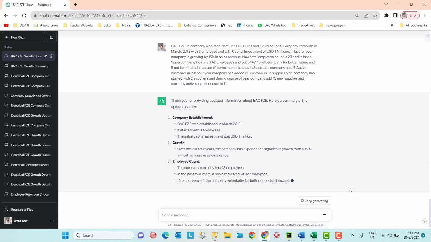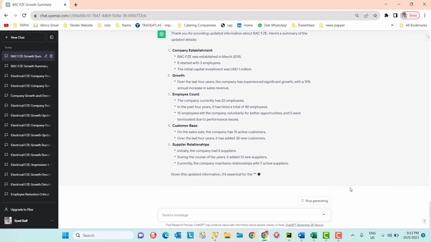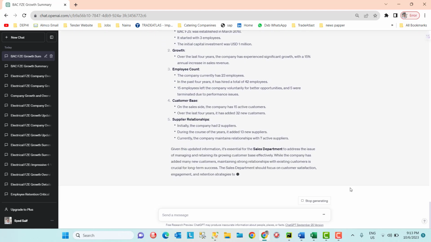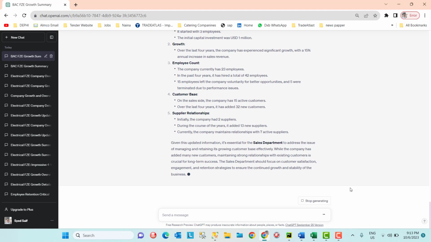So when I paste it, it's going to read everything. So it's read all the information. No. And I'm telling you why it's happening, because it's reading based on the information that the sales department has the issue, but it's still 15. I changed the value.